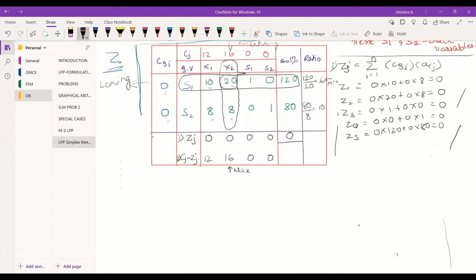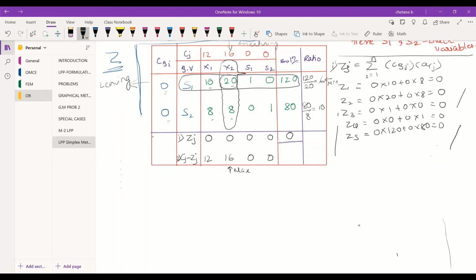Where you have X2, S1 is leaving and X2 is coming in this row. So that particular row, you need to divide all these values by the key value. That is 10 divided by 20, 20 divided by 20, 1 by 20, 0 by 20, 120 by 20.